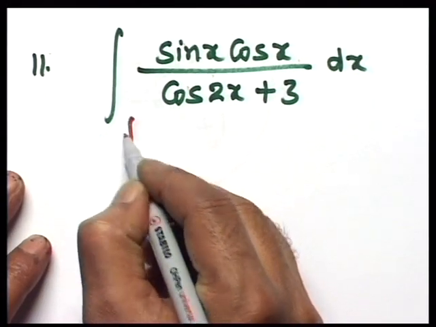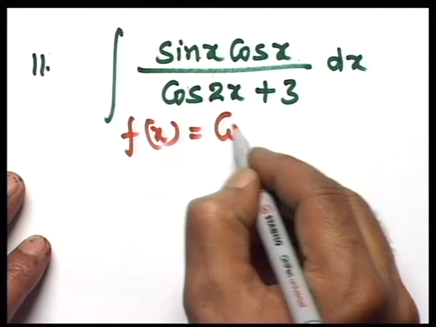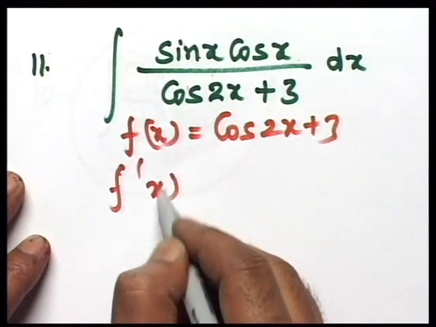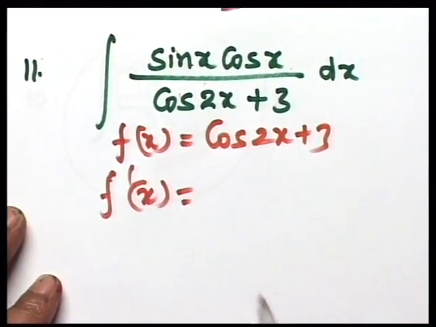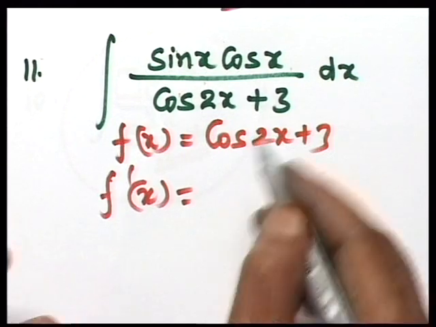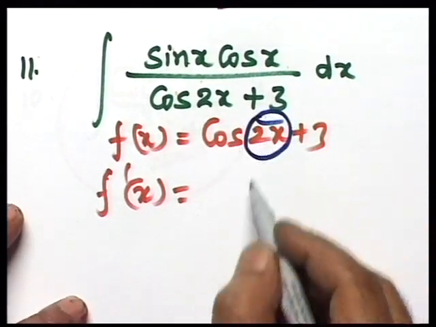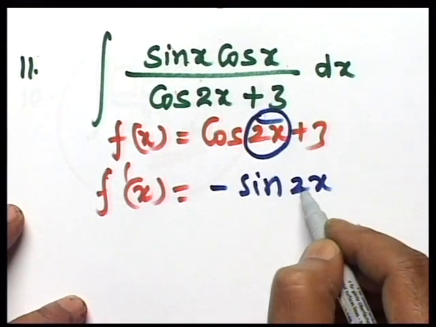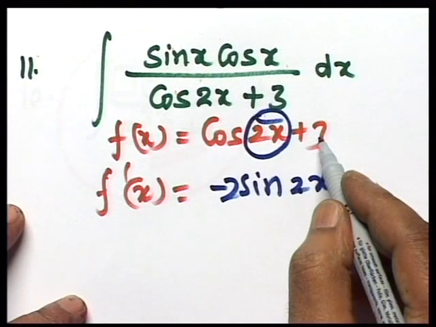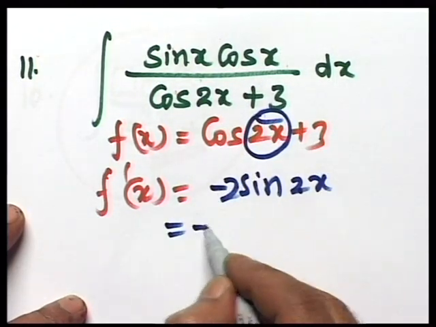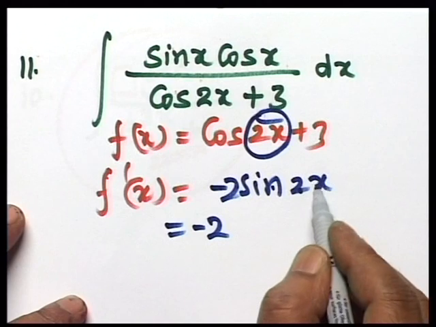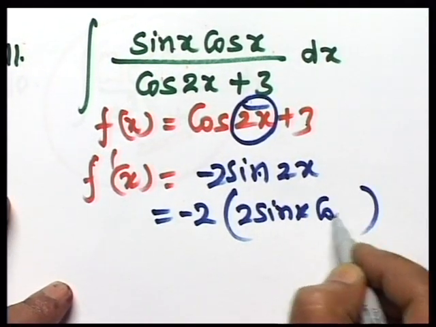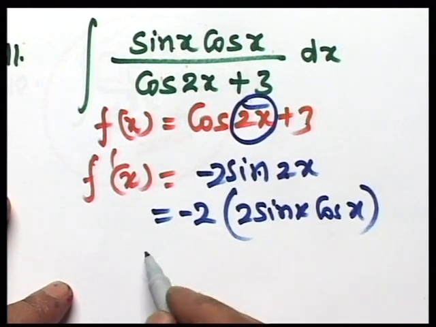So I am taking the denominator and call it function x, say cos 2x plus 3, and I'm going to differentiate that to see whether I get the numerator or not. That's a cos theta, watch there, differentiation of cos theta is a minus sine theta, which is 2x, and multiply by a 2, and that's not there, okay? So that's a minus 2. Sine 2 theta is actually 2 sine x cos x, isn't it? So together that's actually minus